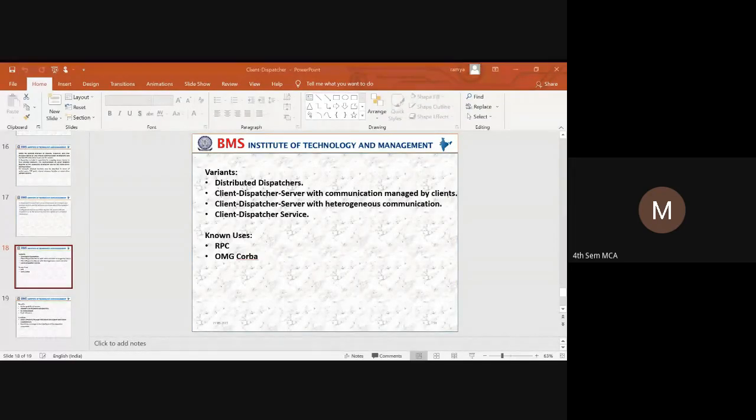Next we have a client dispatcher service. In this variant, the dispatcher maintains the services, not the servers. When the dispatcher receives a request, it looks up in its repository which server provides the specified service, and it establishes a connection to one of those service providers.